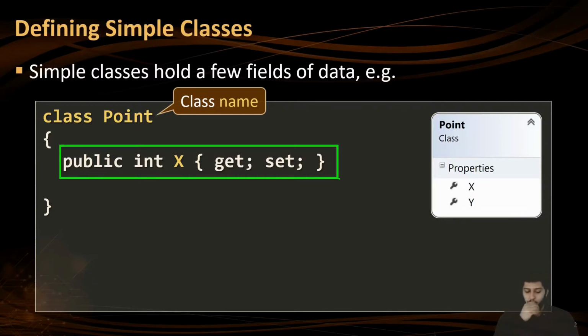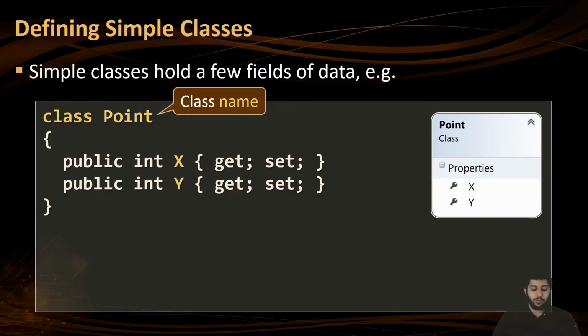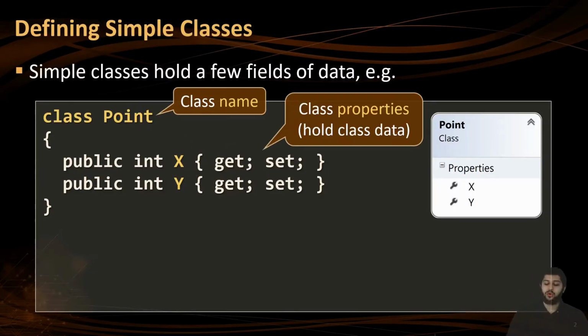But we'll see that in a moment. And we can define one more property, which is the y coordinate. So we have two properties, the x and the y coordinate, and these properties hold the class data. Whenever we instantiate an object of this class, whenever we create a concrete point, let's say on a 2D surface, because we have only two coordinates here, these properties hold the data inside the point